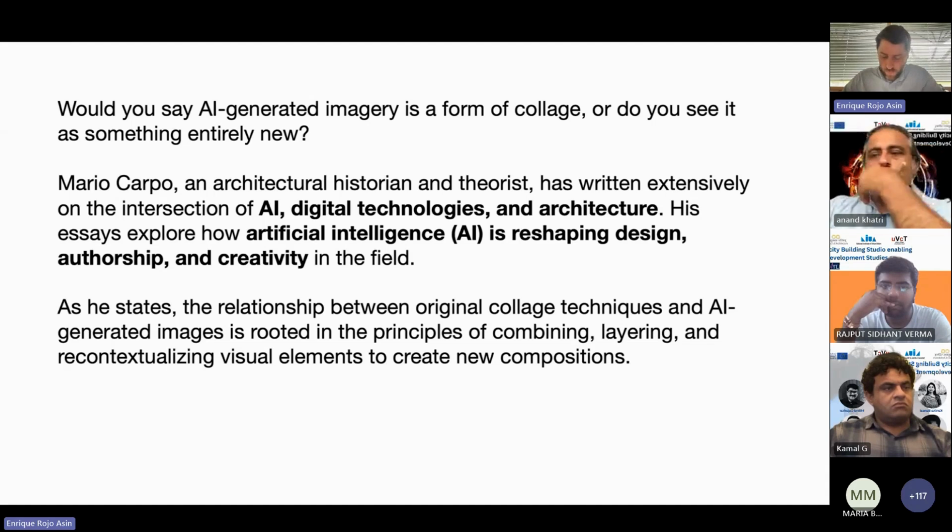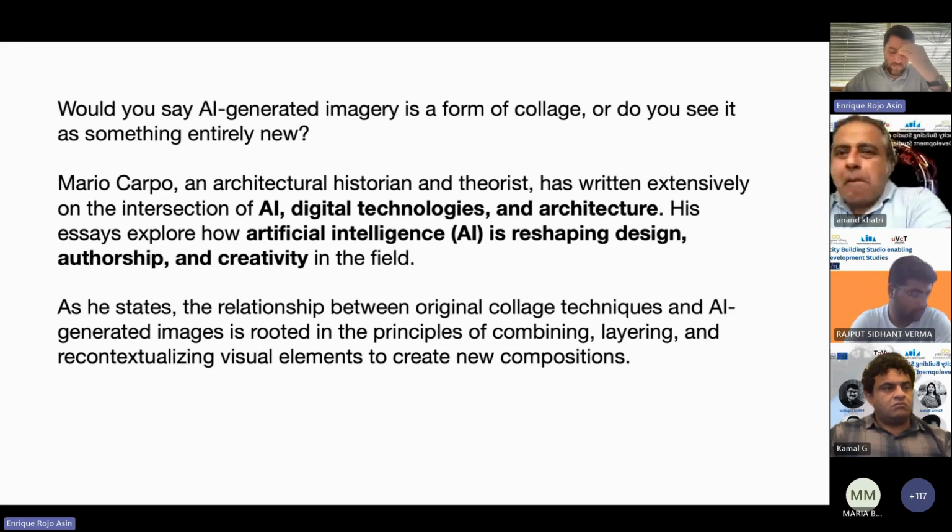So, as I said before, it's important to emphasize the idea of implementing the AI in every phase and not just at the end of the project. Because in this way, we can think of the AI as a generative tool, but also as an applied tool, more like, for example, the collage technique.